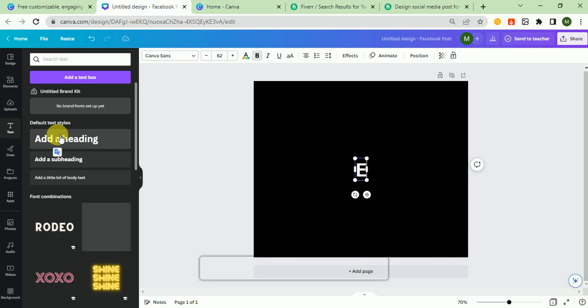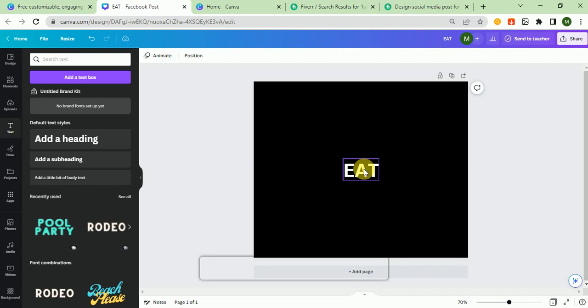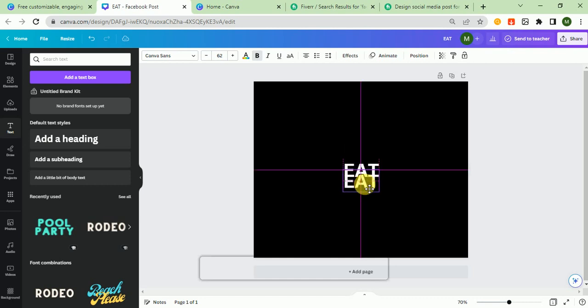Here I write eat. I duplicate this by pressing Control C and Control V, and I place it here, and again I copy this and place it here. So I change this text to sleep, eat, sleep,